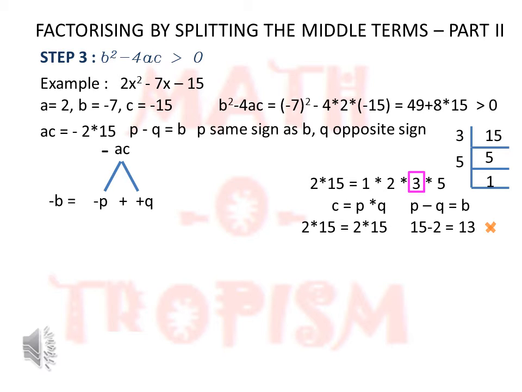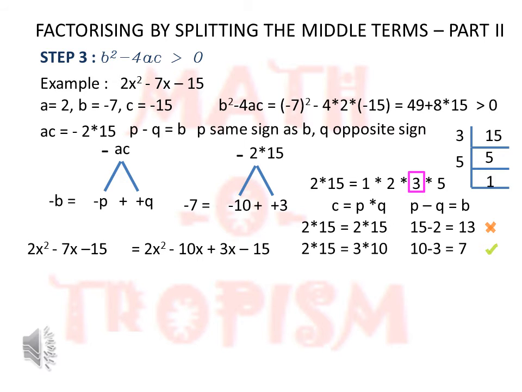Where I take 3 separately and the other terms together. So 3, if I write, the other terms are 1 into 2 into 5. So that comes to 10. So 2 into 15 can also be written as 3 into 10, where the bigger number 10 is my P. Q is 3. So 10 minus 3 is going to give me 7. So that is the B term. So this is the splitting which I require. So minus 2 into 15 is going to be split into 10 and 3, with 10 having minus sign because B has negative sign, and 3 will have the positive sign.